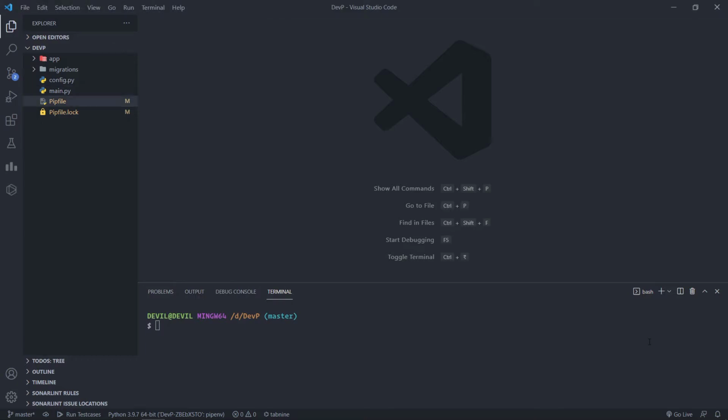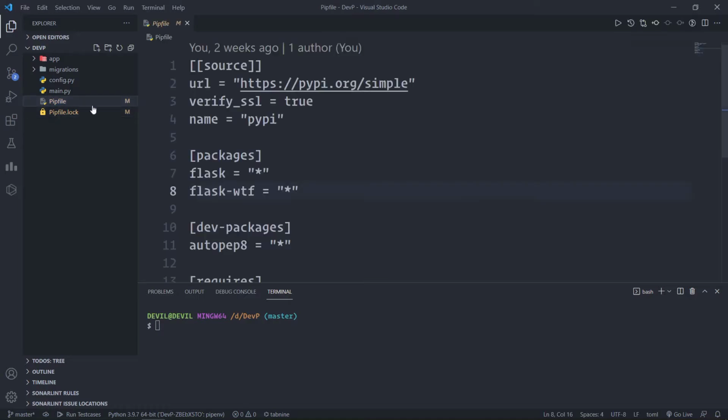In the last part, we had installed a Flask extension called Flask WTF, as you can see here. In this part also, we are going to install two more extensions. The first one is called Flask SQLAlchemy. It is an extension that provides Flask a friendly wrapper to the popular SQLAlchemy package, which is nothing but an object relational mapper or ORM.